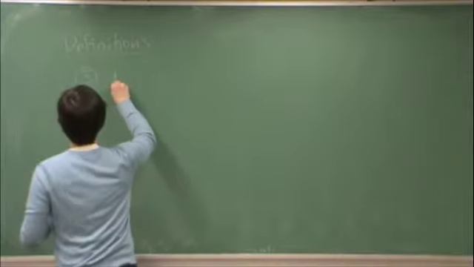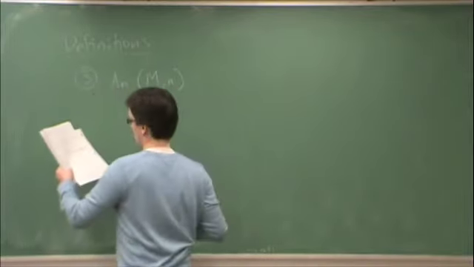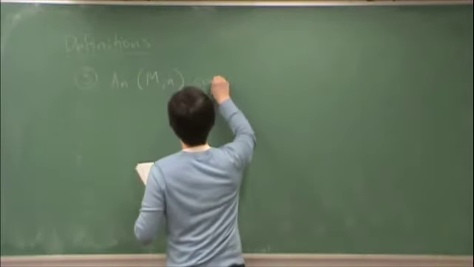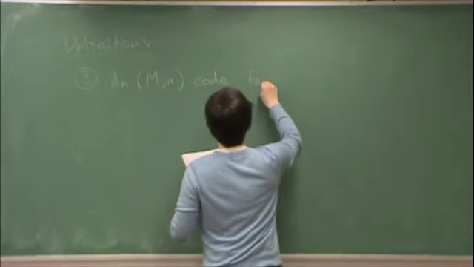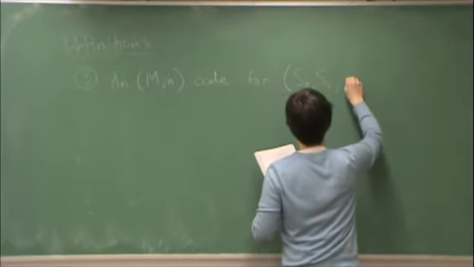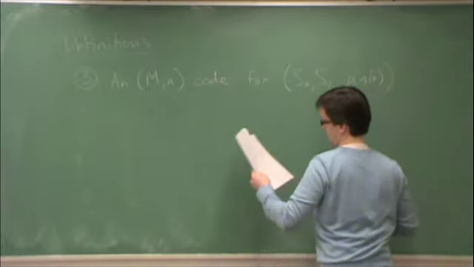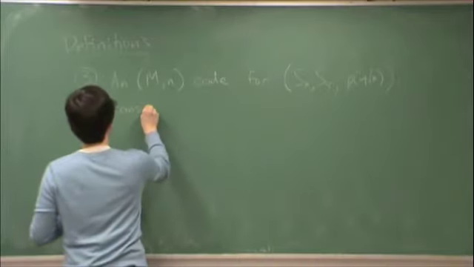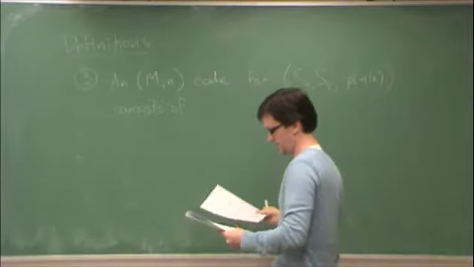So an M, n code, capital M, small n, excuse me, for the discrete memoryless channel Sx, Sy, P y given x, consists of, well, what should it consist of? It should consist of